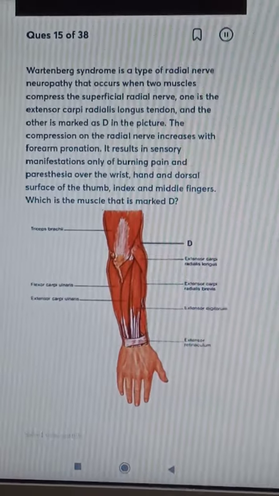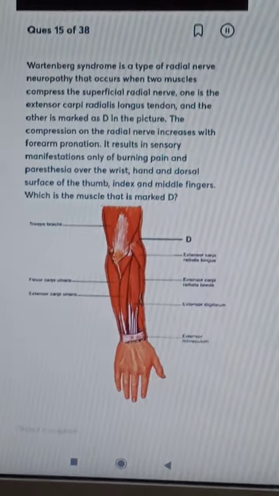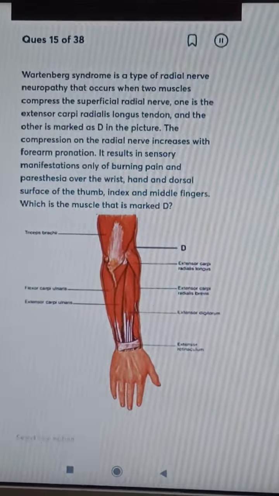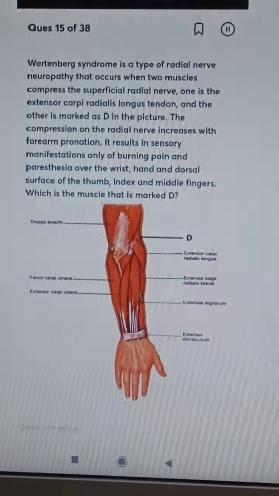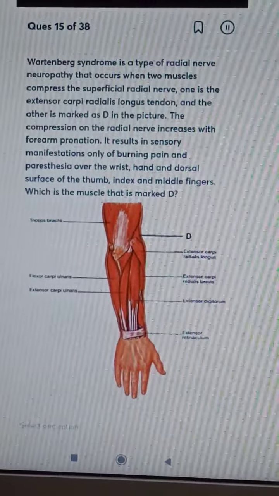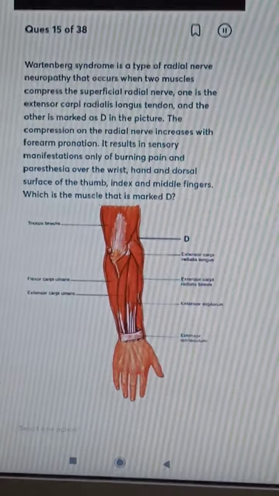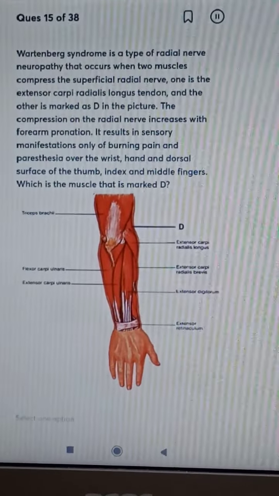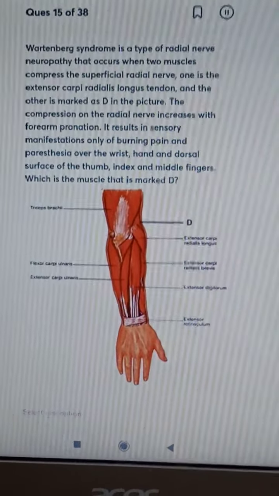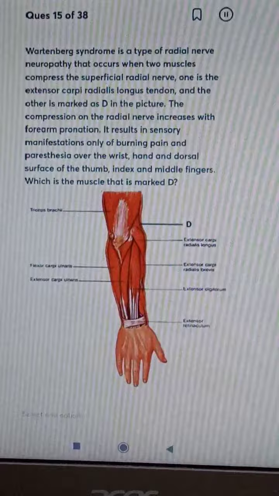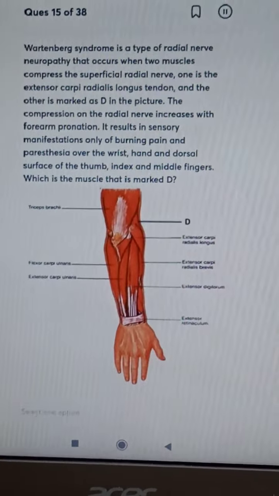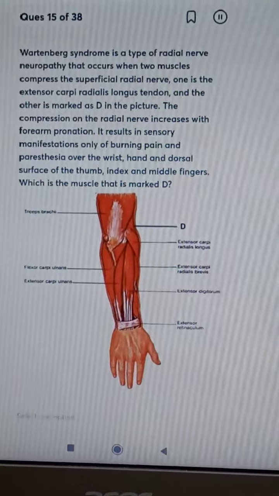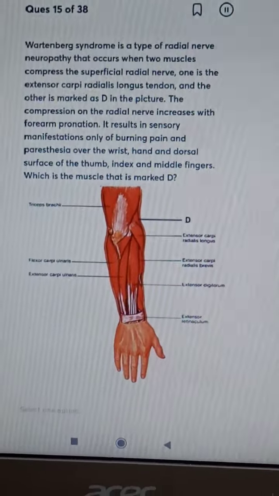Wartenberg syndrome is a type of radial nerve neuropathy that occurs when two muscles compress the superficial radial nerve. One is the extensor carpi radialis longus tendon and the other is marked as D in the picture. The compression of the radial nerve increases with forearm pronation. When we increase the forearm pronation, the compression of the radial nerve actually increases, which means